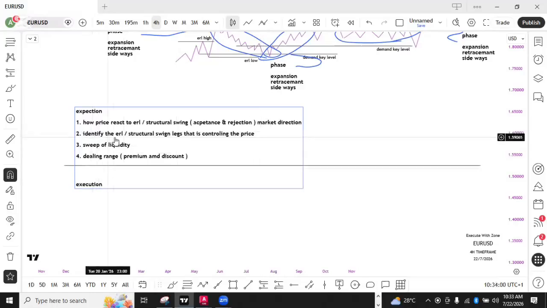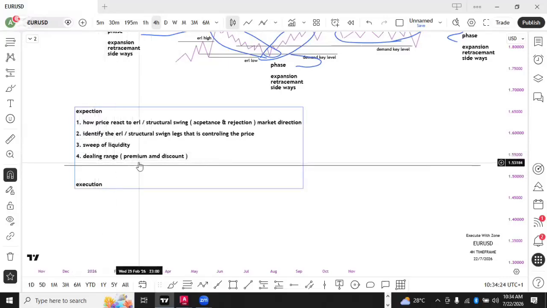The second thing is identifying the external range high leg, the leg that is pushing the price. That is the leg that is controlling the price. If price disrespects that leg, then if you are in a bearish move, for example, the market has shifted bullish. Next thing is liquidity sweep